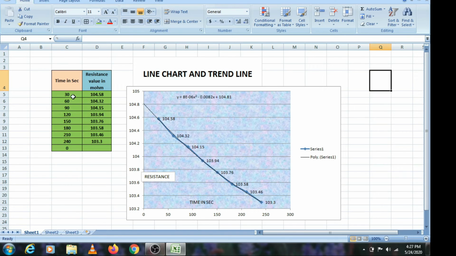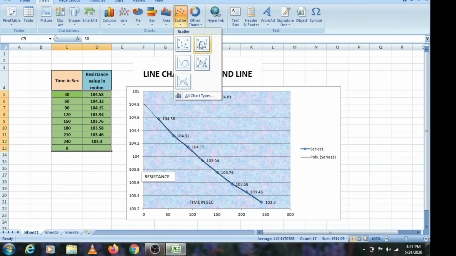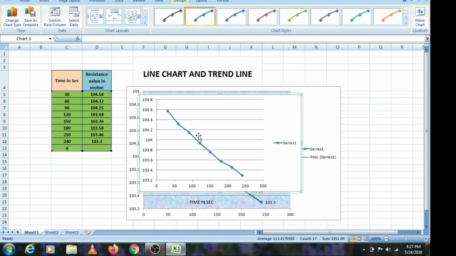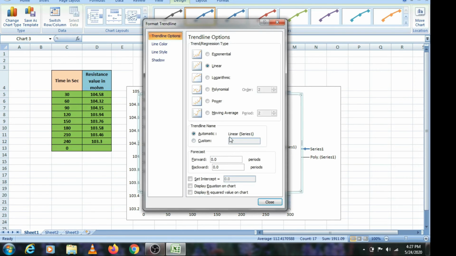So for this, first of all, you have to create the chart by selecting the data. So what we'll do is we'll select the data and we'll insert the chart, scatter chart. Okay, and this is what we are selecting. So this type of graph is appearing. Now what we'll do is we will select the trend line and we will add the trend line from this. Okay, so now we will select it like this. You can select any of these. Okay, and we will show the equation of the chart.